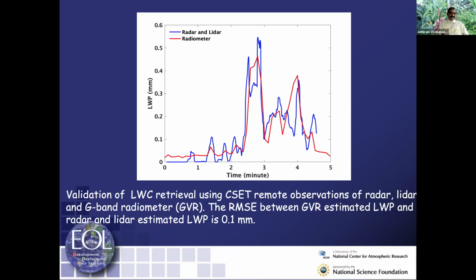Then compare this measurement. The RMS error between radar-lidar and radiometer is 1/10 of a millimeter for this case. And this validated the technique that I developed using radar lidar for estimating liquid water content and droplet size. Of course, droplet size is not validated, but logically it fits. Smaller cloud droplets at the cloud base, larger drizzle droplets below the cloud base. Now I come to the last slide.